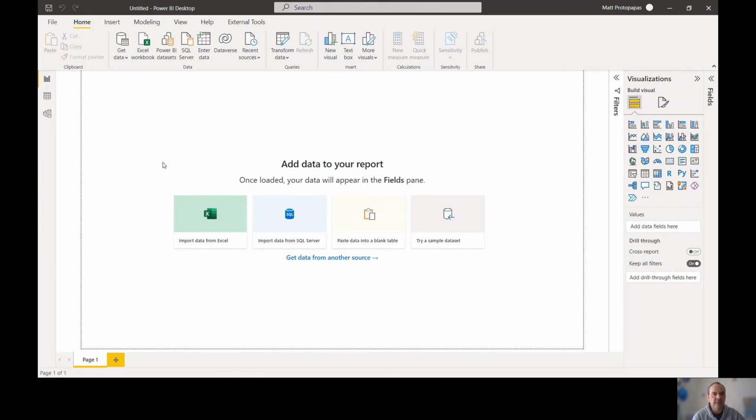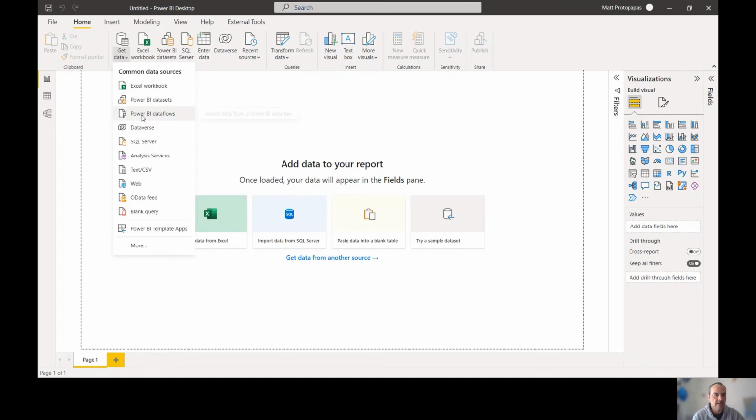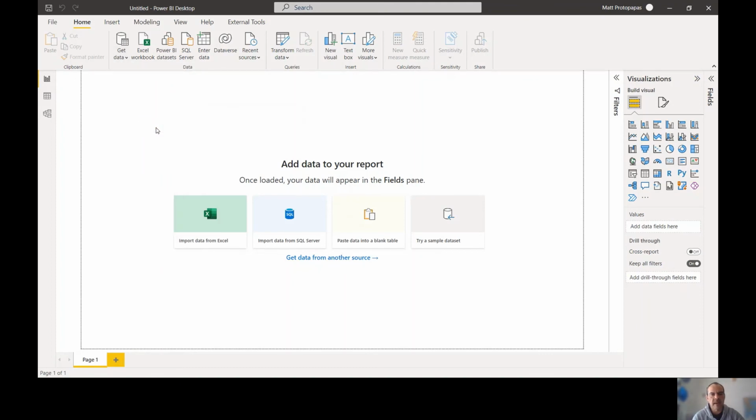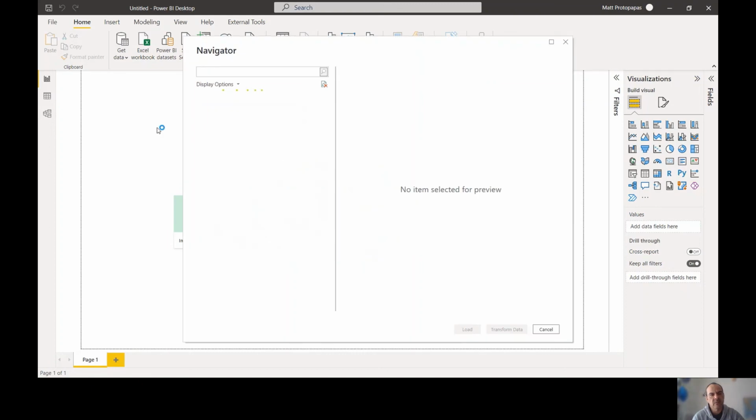After the data flow refreshes, we can get the data into Power BI Desktop, selecting Power BI data flows from Get Data. And we select all 4 tables.